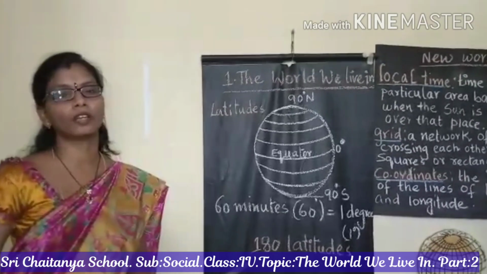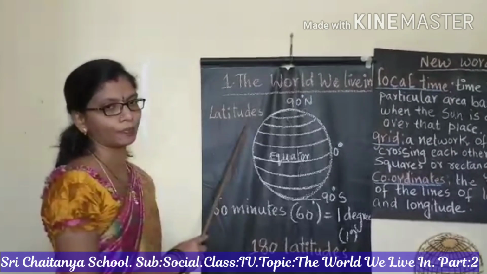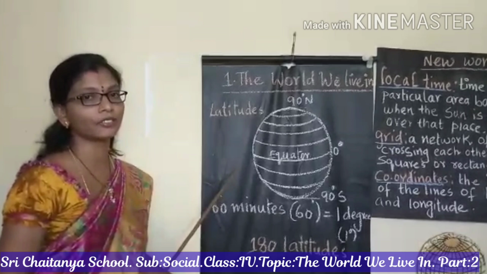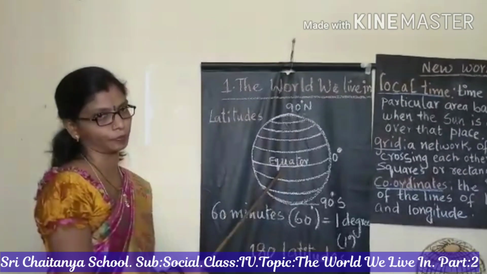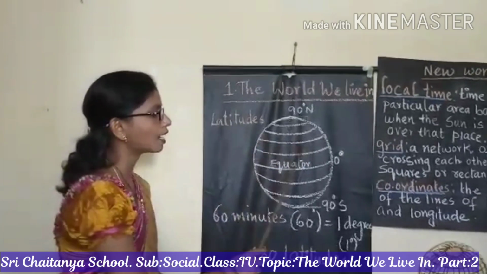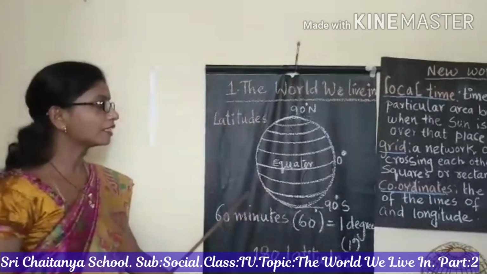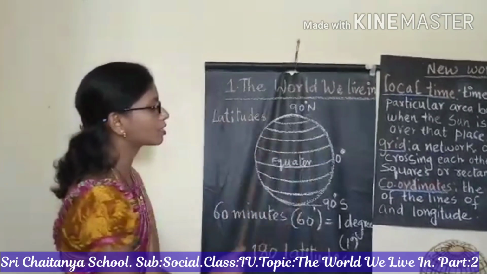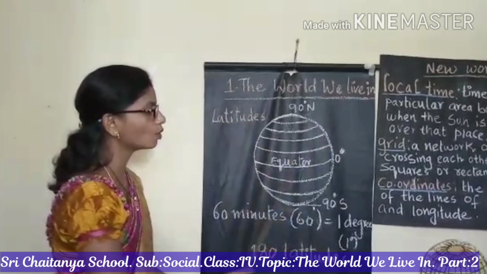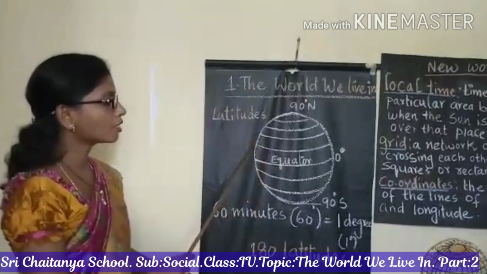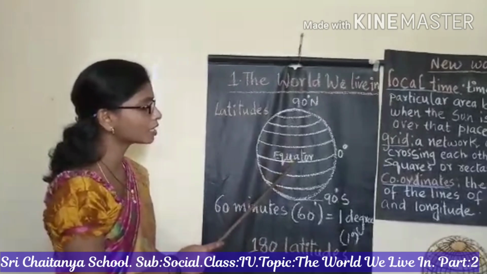Firstly, we will be learning about latitudes, children. Latitudes. What are these latitudes actually? The latitudes are the imaginary lines which run parallel to the equator. They are horizontal lines which run parallel to the equator, and these lines form the circles around the earth from east to west. And the size of the circle becomes smaller as the distance from the equator